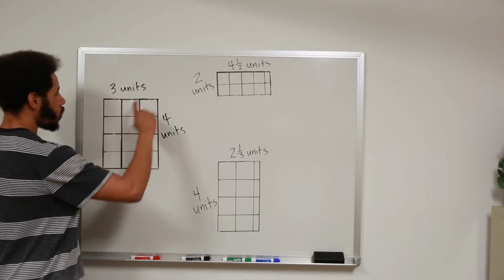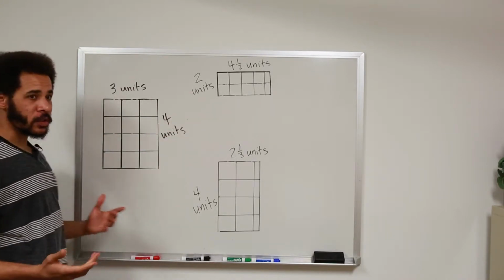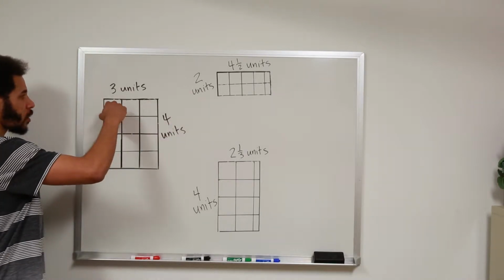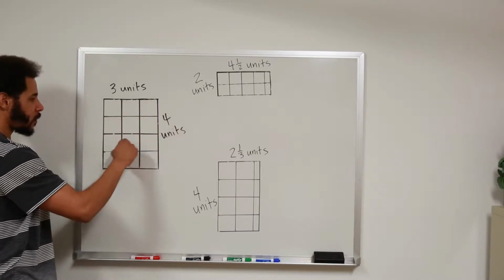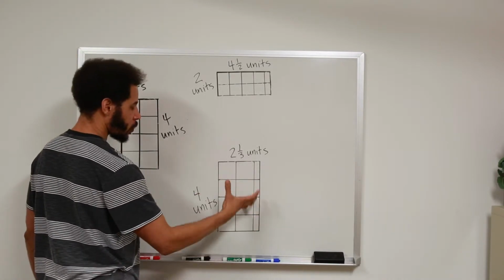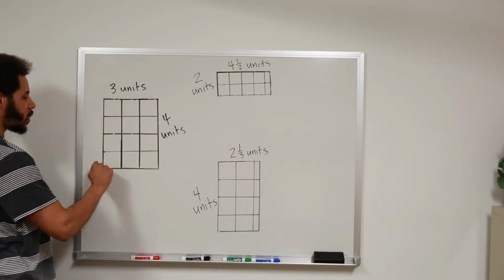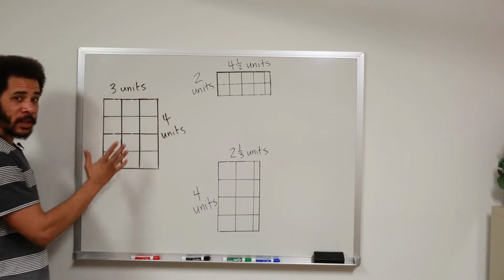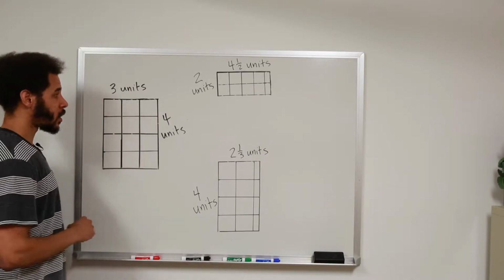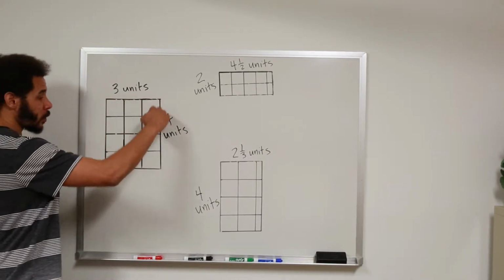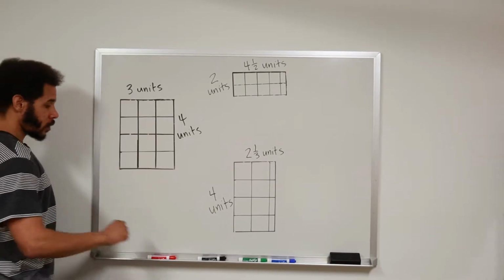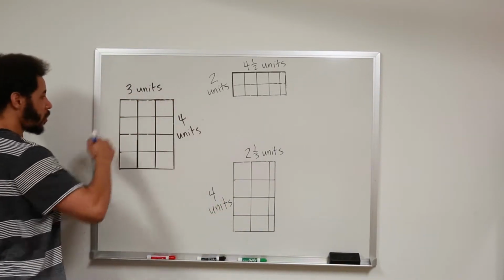So we just found the area for all of these figures. Quickly to review, we're going to talk about the perimeter. So area gives us the square units on the inside of a figure. Sometimes they're fractions, but we can still compile them together. Perimeter gives us the one-dimensional space on the outside. So if you want to lay carpet on a space, you look at area, what we just discussed a couple minutes ago. If you want to build a fence around something, you want the perimeter. So you can easily see here that we have